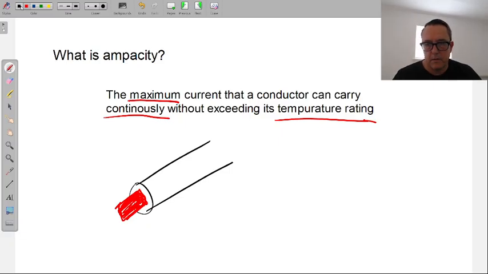Now, can I damage copper quickly? Yes, I can do it very fast. I can take a number 12 wire and put 100 amps on it. This is way too much amperage for that copper conductor to handle, and it will likely sever it. The heat will generate so much heat that at some point along the copper part of the conductor, it will sever in half. That's a lot of amperage.